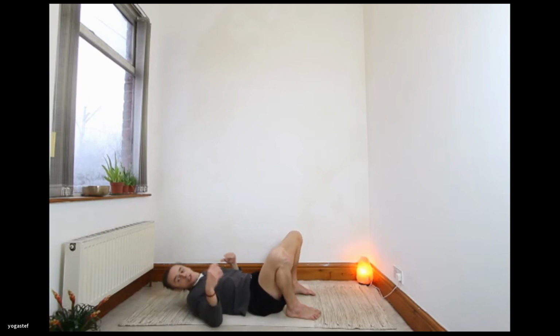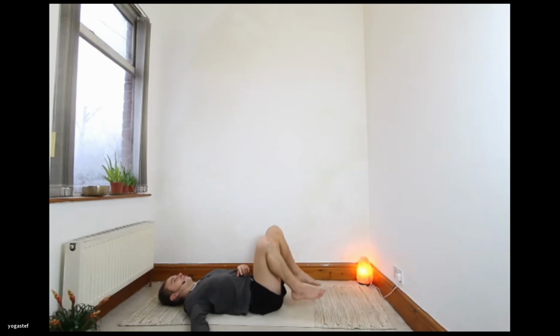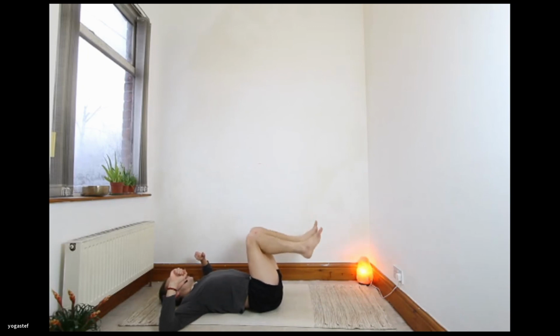Now that shoulder positioning is something useful for shoulder stand, which you've effectively done because we did the leg lift and the shoulder tuck. So we won't actually do the full pose today, but if you practice the sequence later, you can do a shoulder stand here if you've got time. Otherwise, let's just let the feet hang up towards the sky once again. And then I'm going to invite you to bring the elbows wide, bend the knees, and then just draw circles with the knees, little circles,